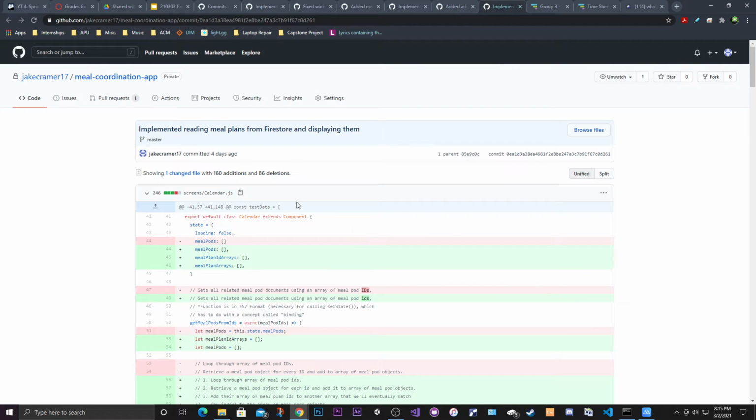And then finally, implementing reading meal plans from Firestore and displaying them. This was probably one of my toughest challenges because I had to get the meal plans as its own step from getting meal pods. So I had to somehow link the meal plans to the meal pods, and one way I found out how to do that was using the index of the separate arrays. My problem was that meal pods, if I had an array of meal pods, it's just one object for every index, for every entry. But meal pods have multiple